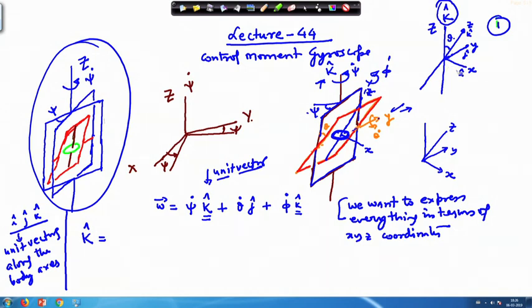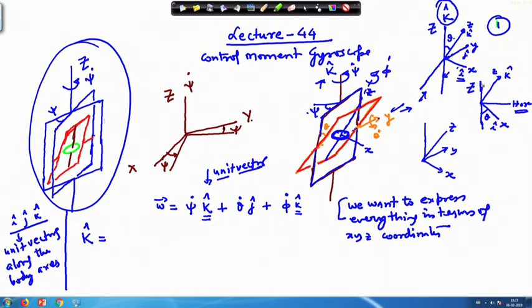So, you can see that this i cap unit vector will have components along this direction and also perpendicular to here. If I look from this place, it appears like this, say this is your x direction, okay. This angle is theta. This is a little perspective view. So, I am showing it from this side, okay. From this side we are seeing it. So, if we see it like this, this is the horizontal, okay. And this is your unit k direction, and this is x direction, this is small z direction, this is capital Z direction. So, this is i cap here.